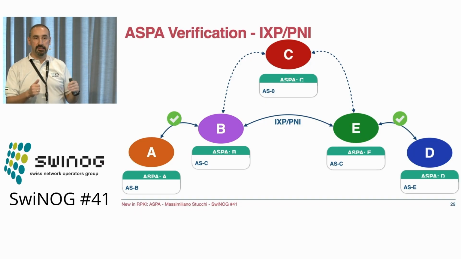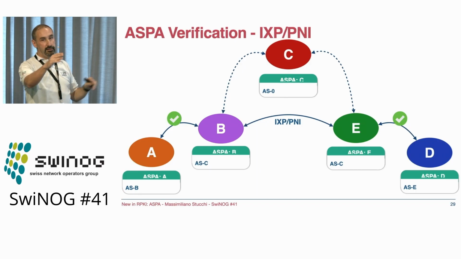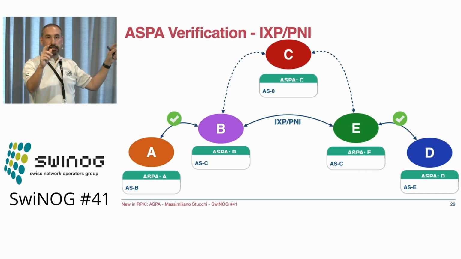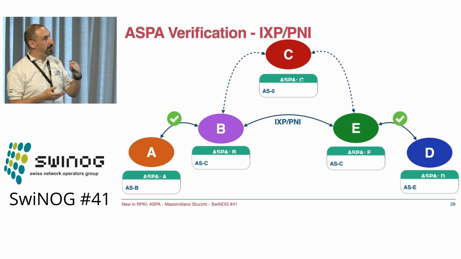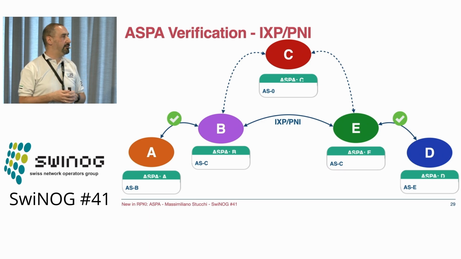That's fine. Since we check on one side the up ramp and on the other the down ramp, they both validate E to B. They don't contain anything. They're just exchanging traffic. They're just on the same level. Then they are fine. They are going through an IXP, or a PNI, and this lowers the up ramp and the down ramp and just gives us a lower value. But that's it. Then it validates.